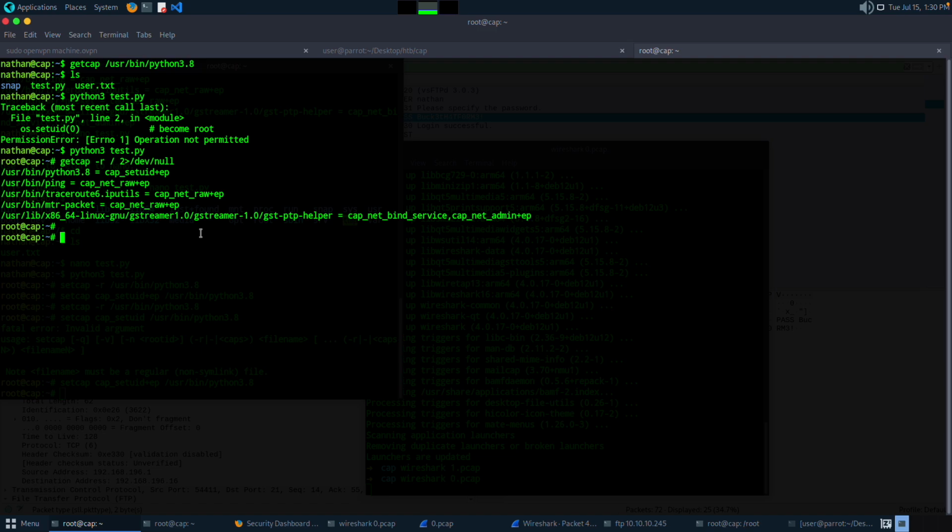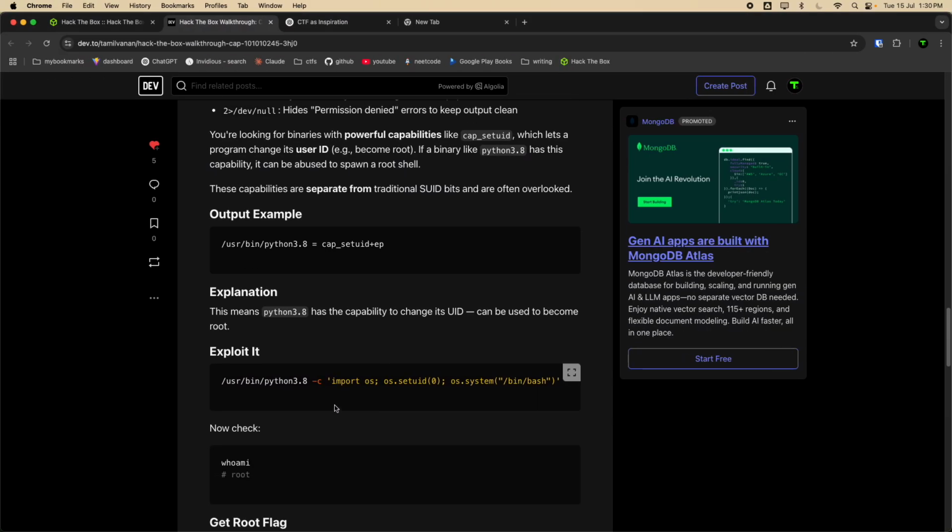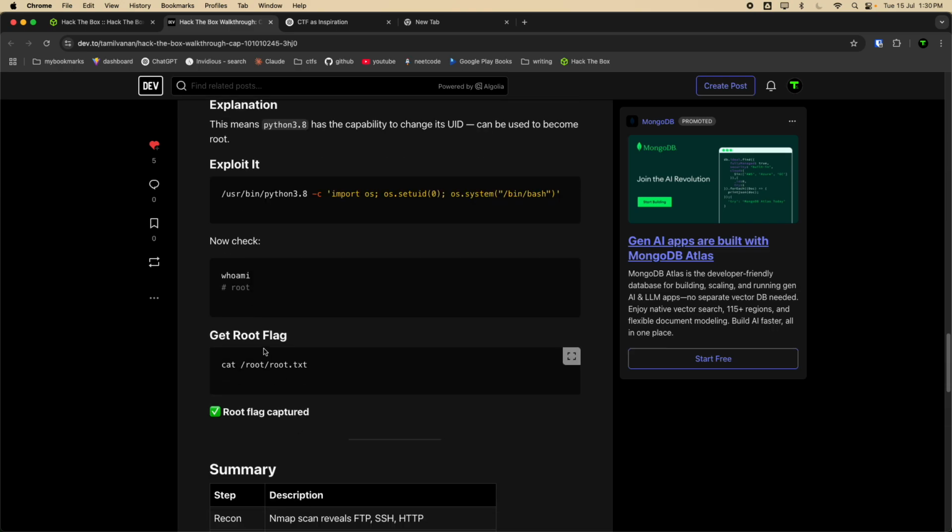Then I used this command. Then I got access to root, but after trying again I don't use this command. Instead I create a Python file. I do the same things but in a Python file. I run it via python3, not the direct command. Then I get the root